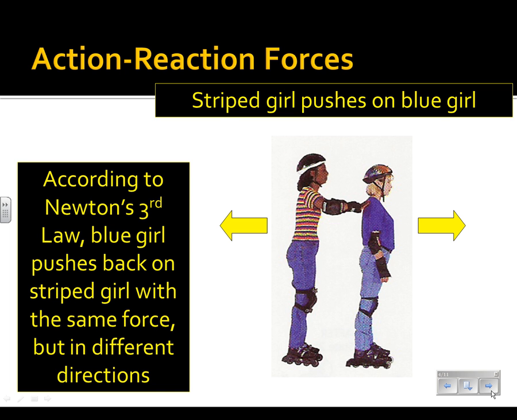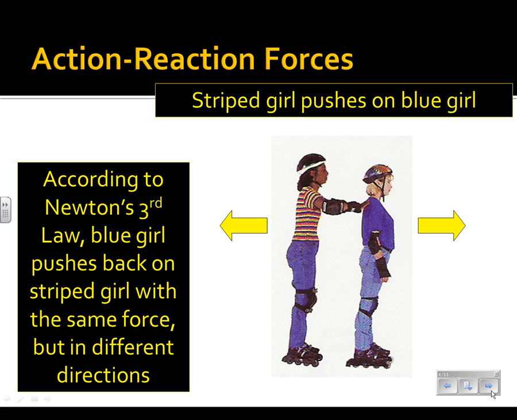Okay. Do those two forces cancel each other out? No. Why don't they cancel each other out? They're not in the same direction, they're in opposite directions. But they're on different objects, right? Two forces that are the same on the same object will cancel each other out. This cup sits on the book. There's a force of gravity pulling down on it. There is a force of the book pushing up on it. Those two forces are on the same object. They cancel each other out.